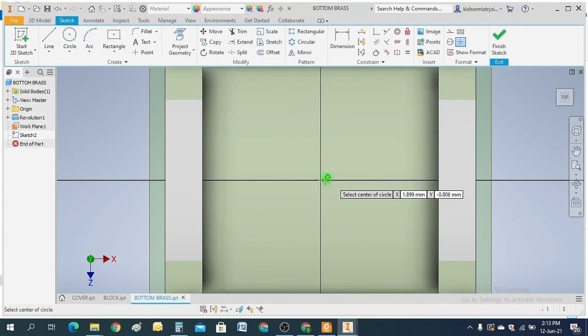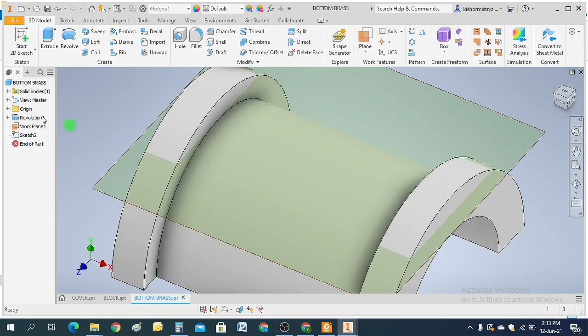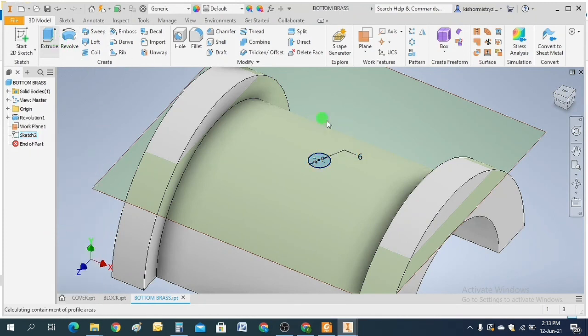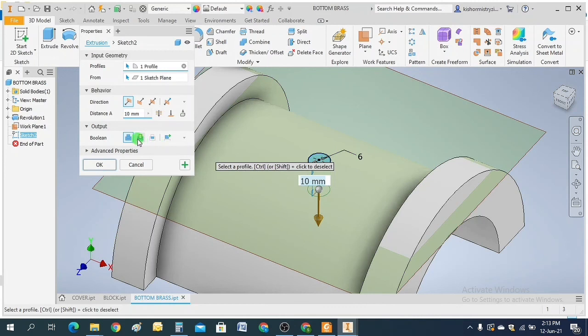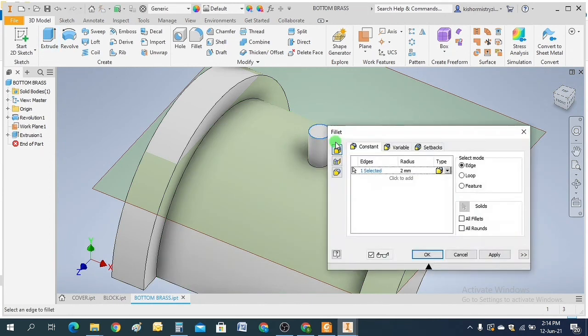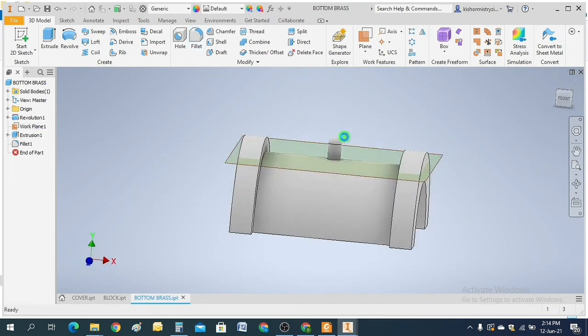Instead of a point, I will create a circle now, and I will give a dia of 6 mm. Sketch, make it visible, visibility on, extrude, flip the direction 10 mm. Say OK, give a fillet to the surface, say 3. Okay, now the part has been created.